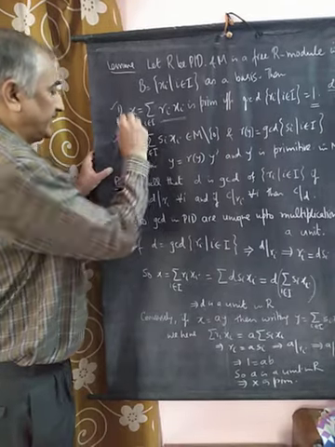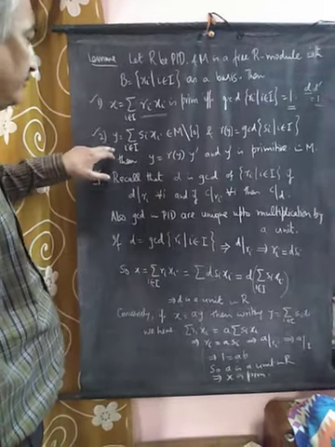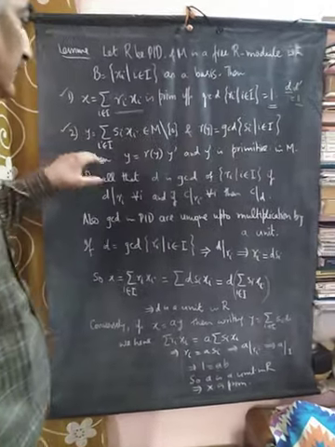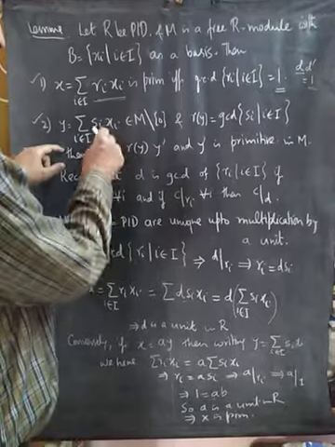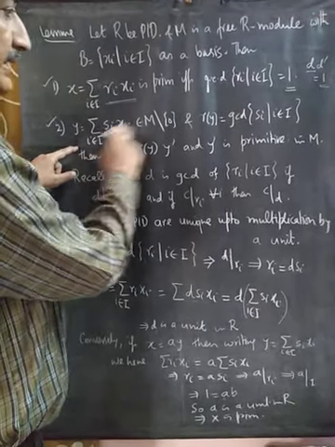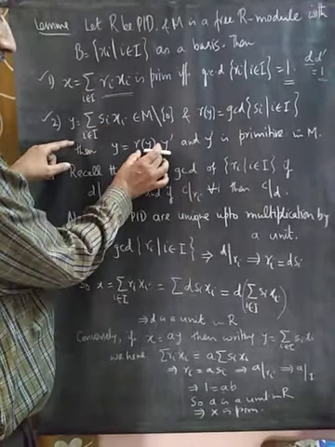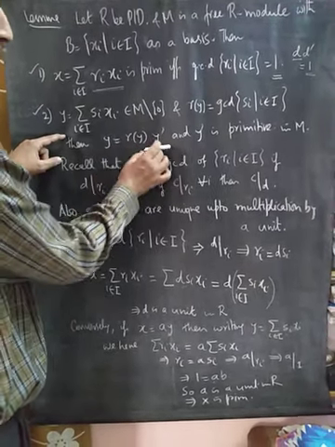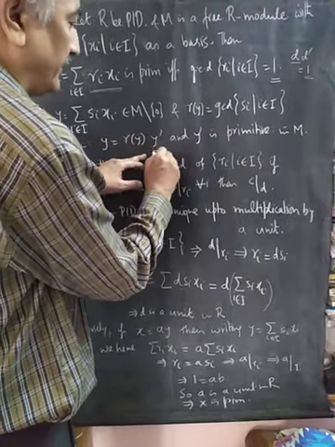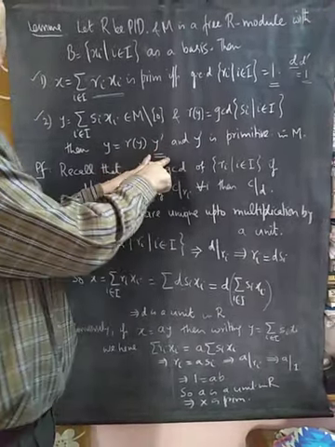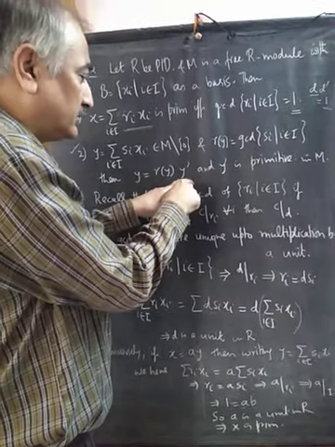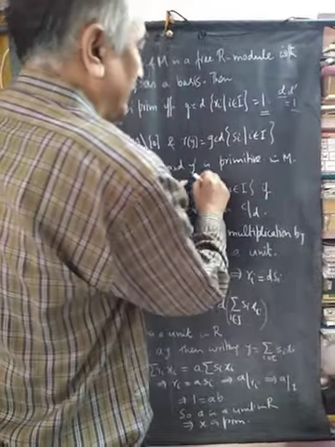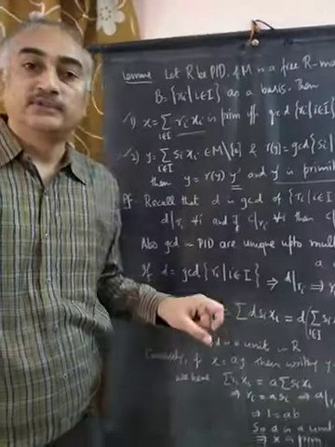To prove the second part, if y equal to summation s_i x_i is a non-zero element and r_y is the GCD, then we can always write y this way, because each s_i will be r_y times something. So this r_y, the GCD, will come out, and there will be a new element y dash. So y is equal to r_y times y dash. But this y dash will have the property that the GCD of its coefficients will be 1. And because the GCD of the coefficients of y dash is 1, this y dash will be primitive in M. So this is the proof of the second part.